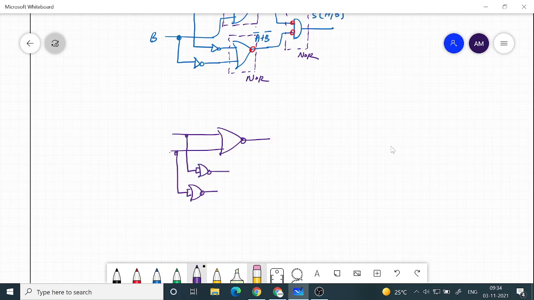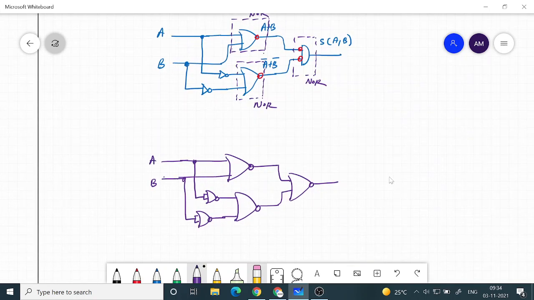NOR gate here, NOR gate here, and you have a different NOR gate here. Okay, so this is A, this is B, and all of these are NOR gates. This is the minimum number that we can use, and this will implement S of A.